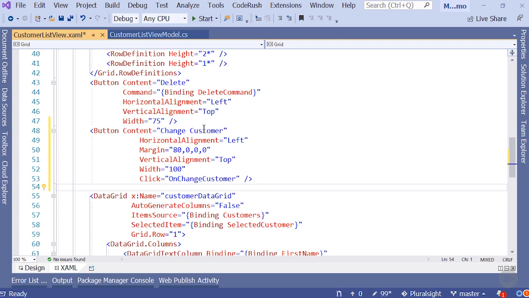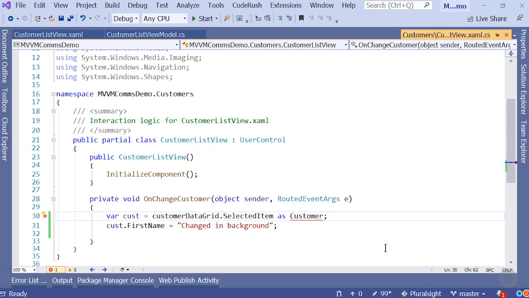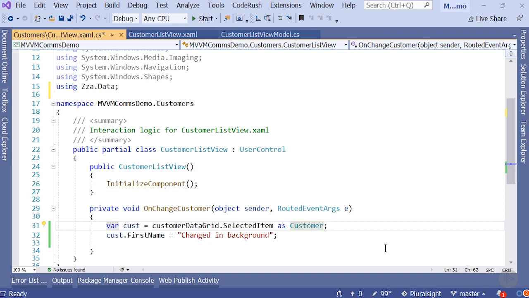So just to make it quick here, I'm going to wire up a change handler in the code behind. You wouldn't normally do this in MVVM, but this is a demo. And I'm really just doing this here to emphasize that there can be other code paths in your application that modify the objects that you're being bound to. And when that happens, those objects better raise change events or the screen won't update. So here you can see that we're taking the selected item in the data grid, getting a reference to it, and just programmatically setting one of its properties. If we do that and run,